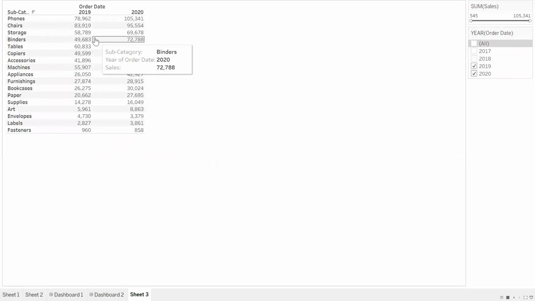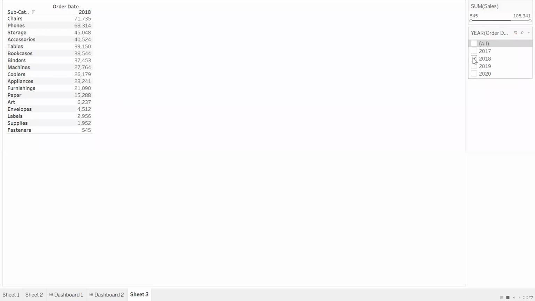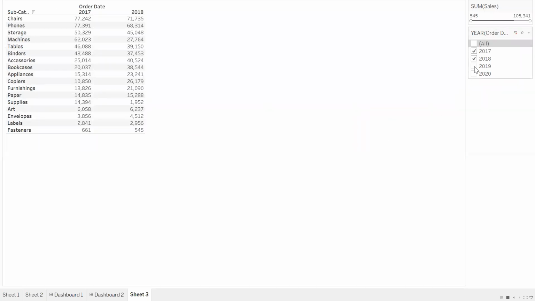You can select these 2 years. Let's say I want to compare 2018 and 2019, or 2017 and 2018. I don't want to get confused over too many measures. For now, at least I can select these two and check the results.